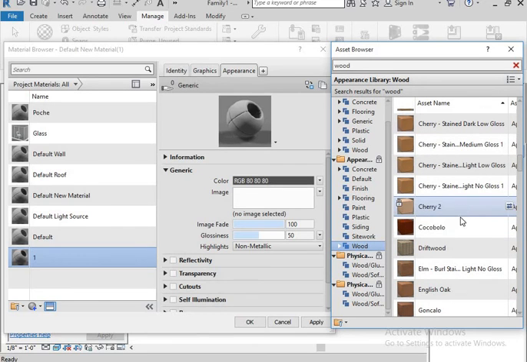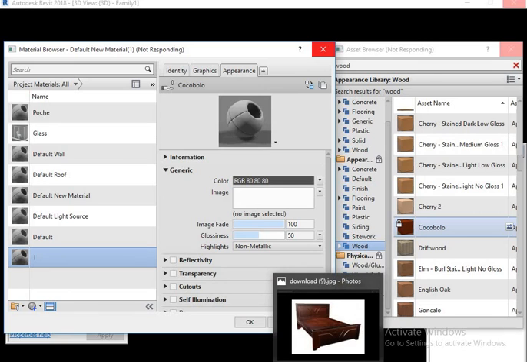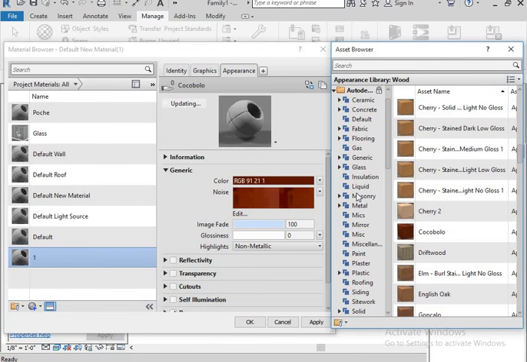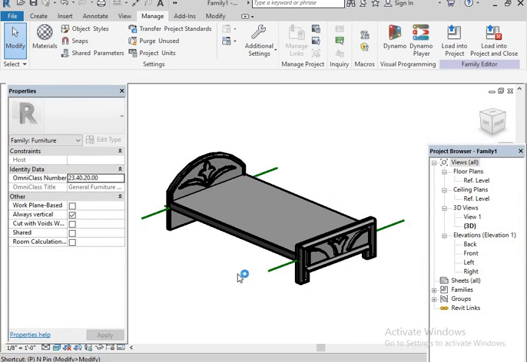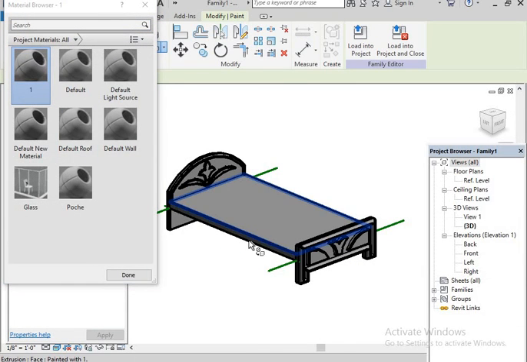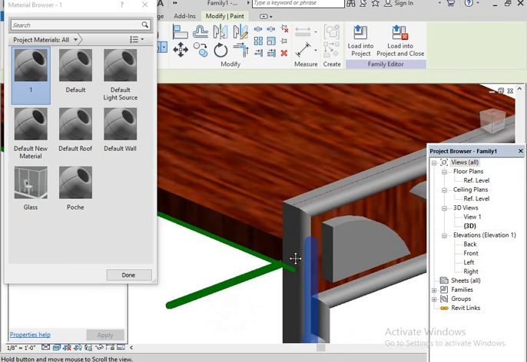In woods we have different colors. I just select this one. Then apply. Okay, after that, see, here we have one. Then apply this to each and everything.